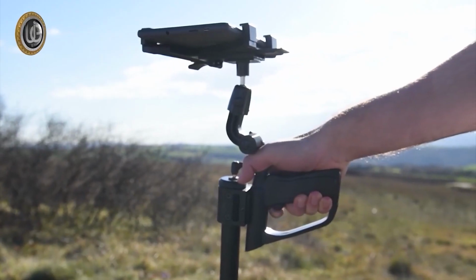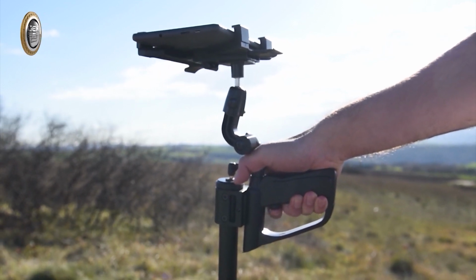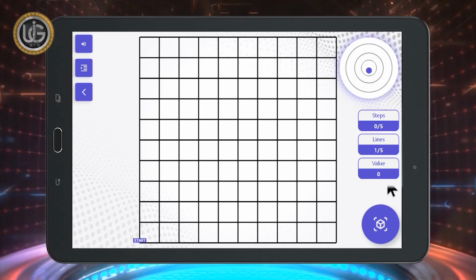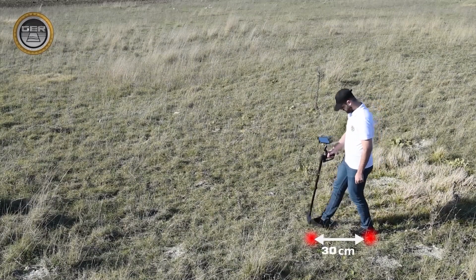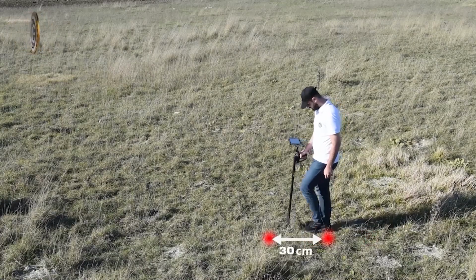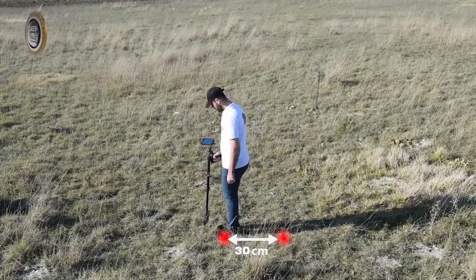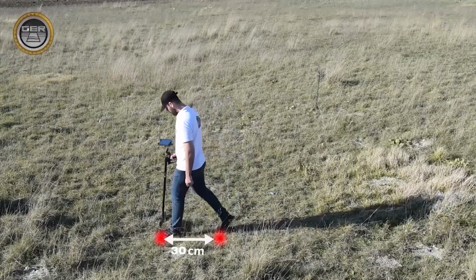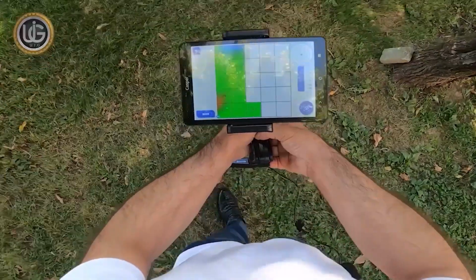Start the scanning process by pressing the photo button on the grip of the device or pressing the photo button on the tablet screen. Take a step not exceeding 30 centimeters, then walk, and follow the same steps until the completion of the photography process. During the shooting process, an image of the target being photographed will appear on the screen of the